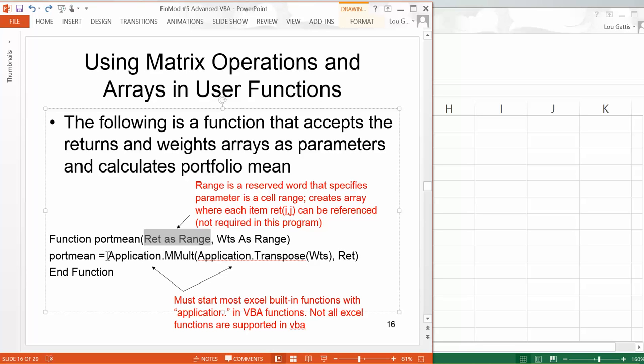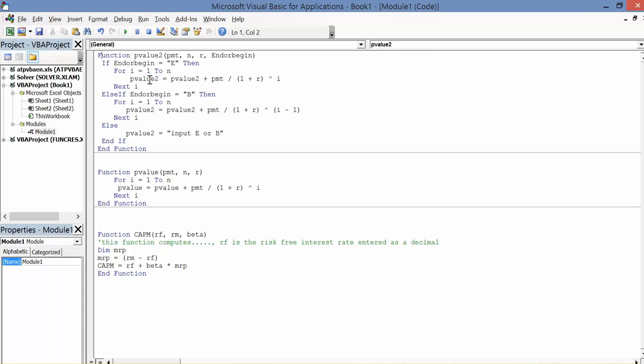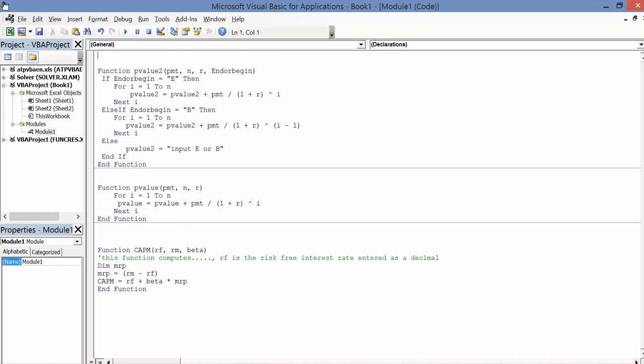However, when using Excel's built-in functions within VBA, you generally have to use application dot. So I just can't write mmult, I have to say application.mmult. I can't just say transpose. I have to use application.transpose. So if I grab this program, copy it, go to VBA, I'll put it at the top of my module, and